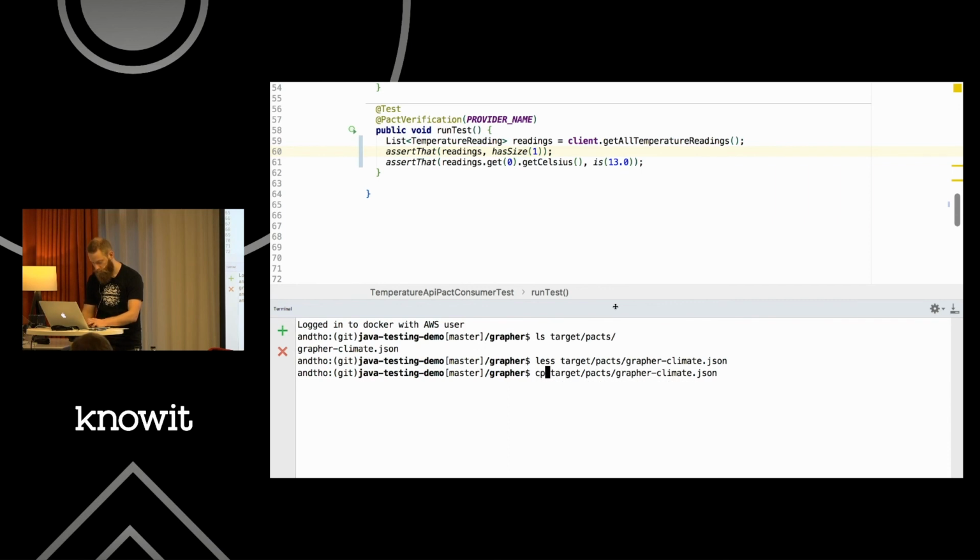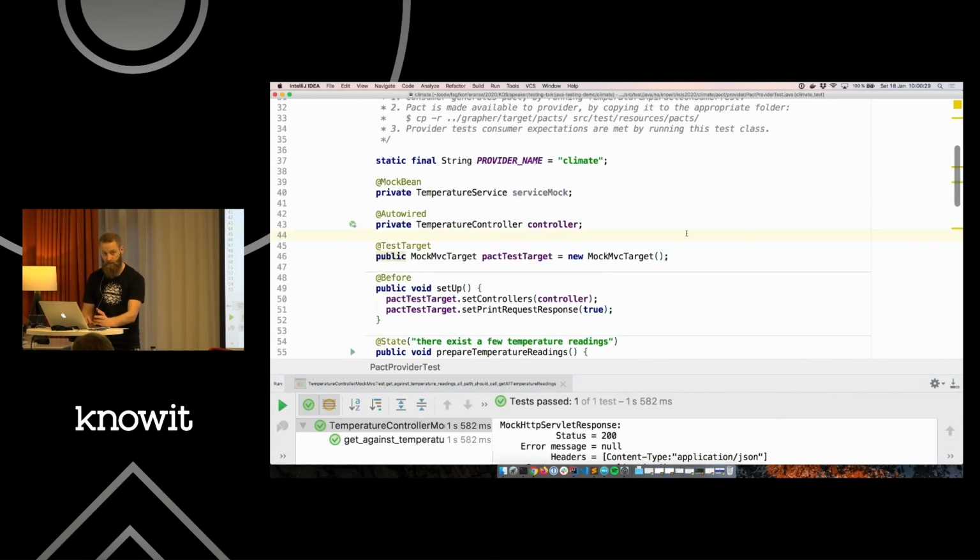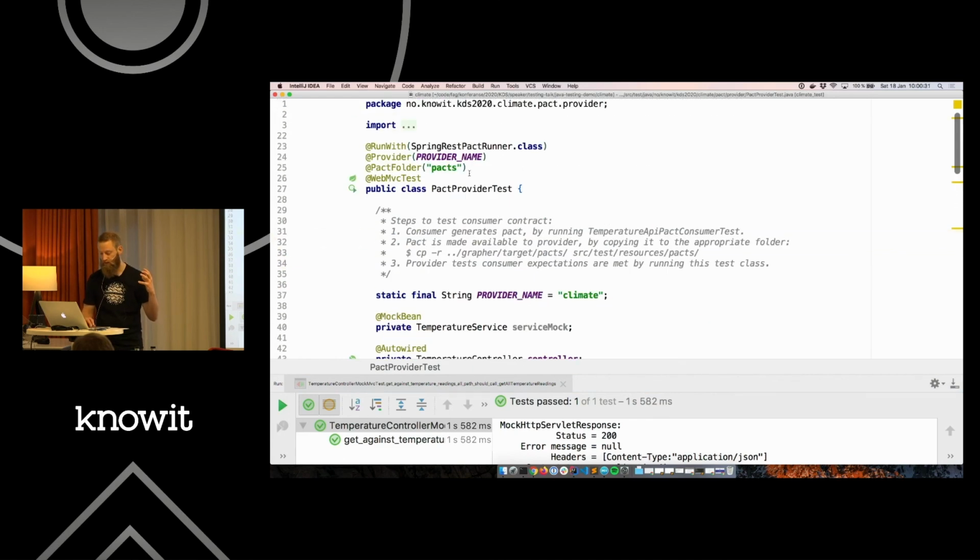Let's see, copy to source test resources pact. So you copy this pact from the consumer to the provider, and then you can go to the provider, to a pact provider test, and it picks up the pacts within this pact folder that you just copied the pact to,